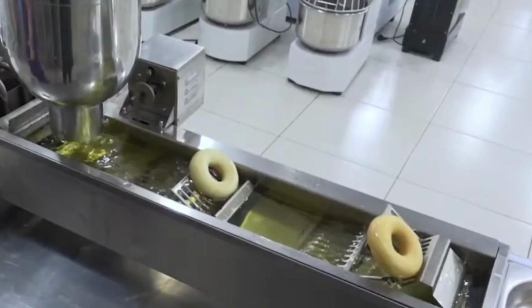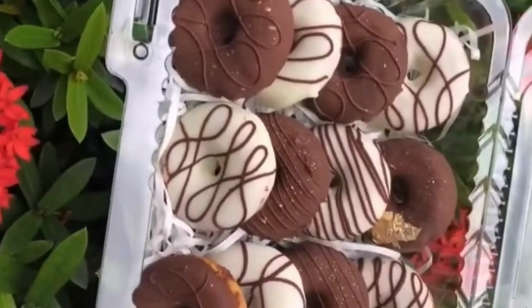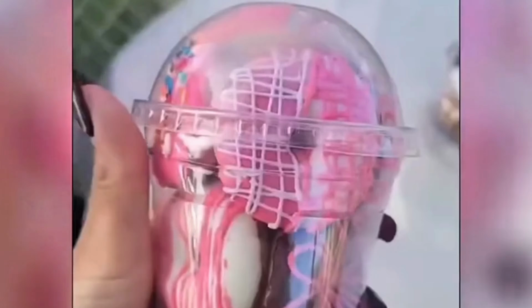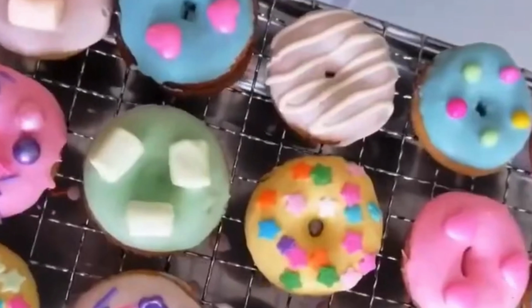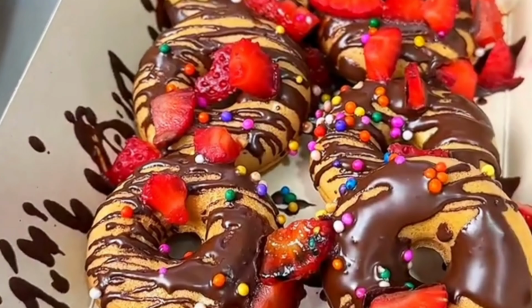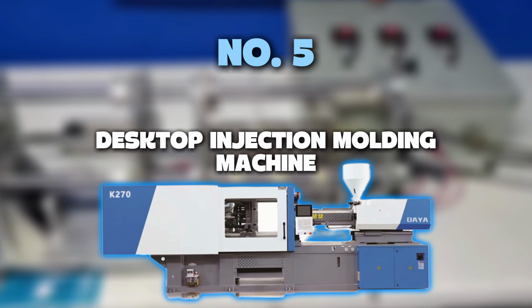supervision. Its compact size allows you to set it up on a table or cart, and its profit margin by volume is excellent. Of course, hygiene, oil control, and health permits are key to maintaining quality. With creativity, you can offer personalized toppings, gift boxes, or combos with coffee, increasing your profit without raising costs. And if you'd rather have a business that has nothing to do with food, the next idea could be your next venture. Number 5. Desktop injection